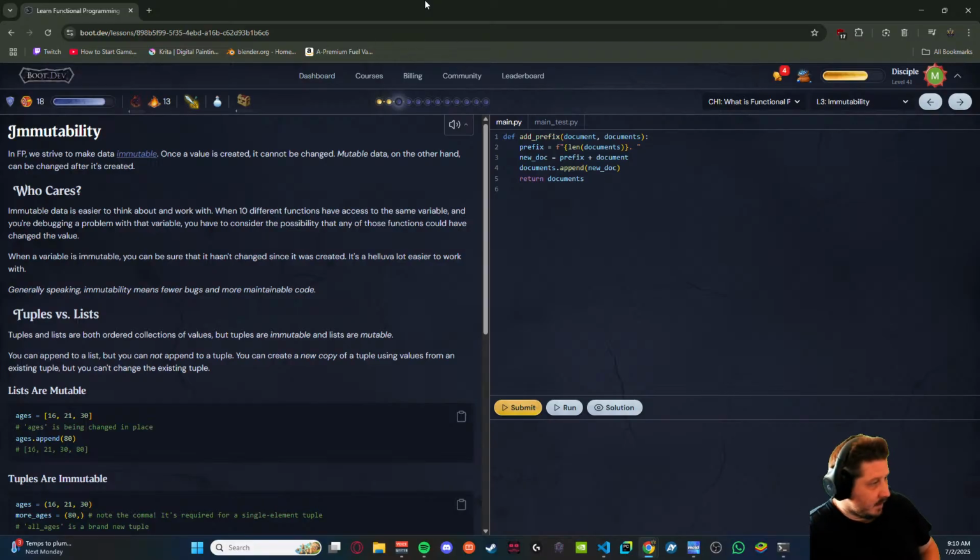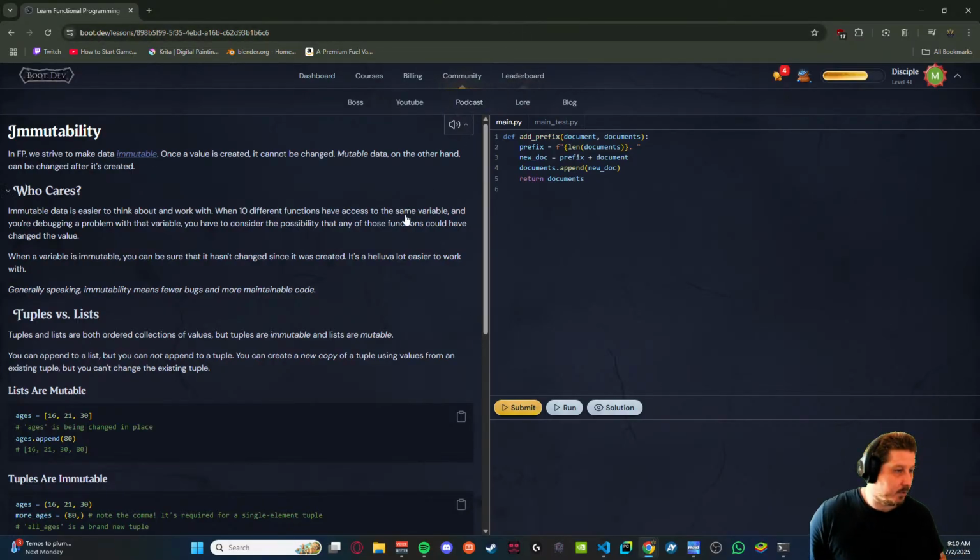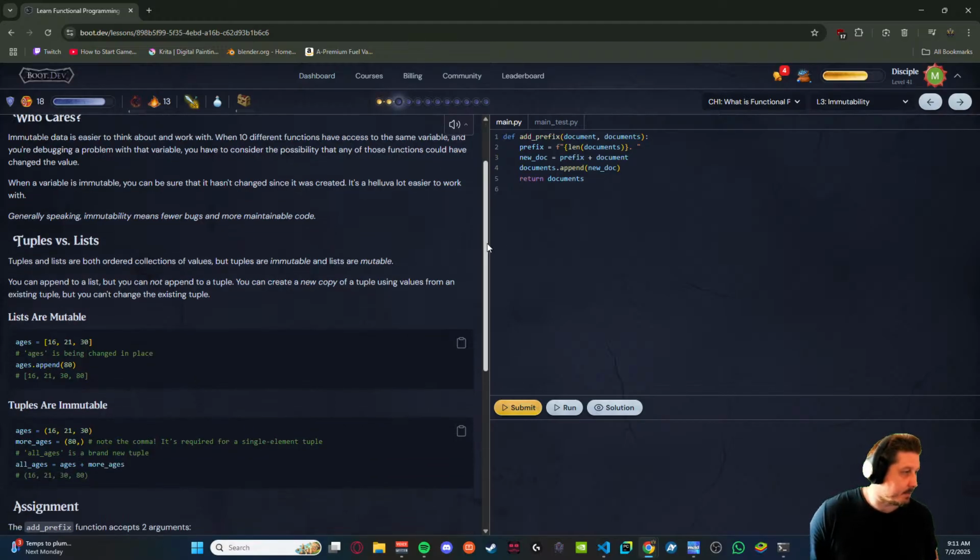True. When a variable is immutable, you can be sure that it hasn't changed since it was created. It's a hell of a lot easier to work with. And generally speaking, immutability means fewer bugs and more maintainable code. Yeah, if a value cannot change, then you know that the value is not the issue. Something else is.